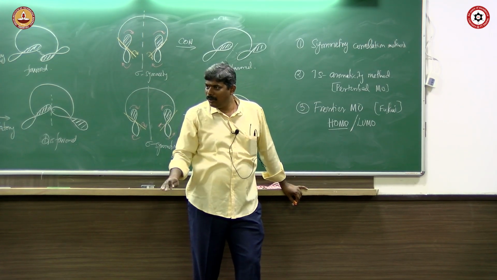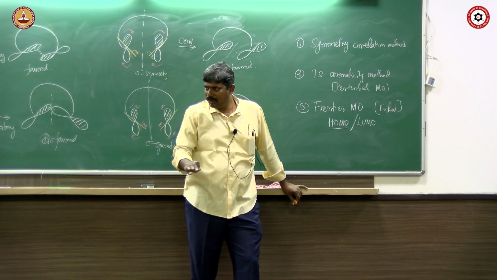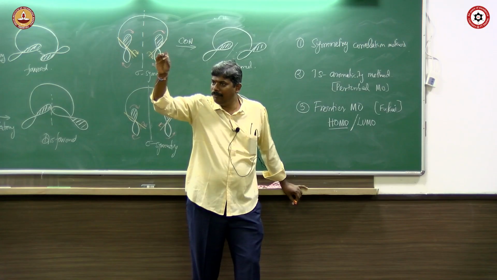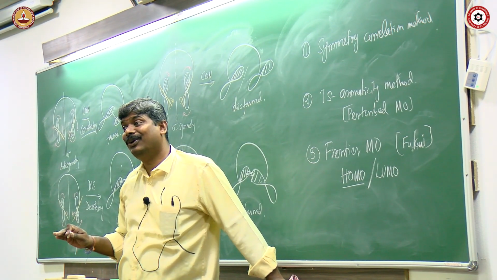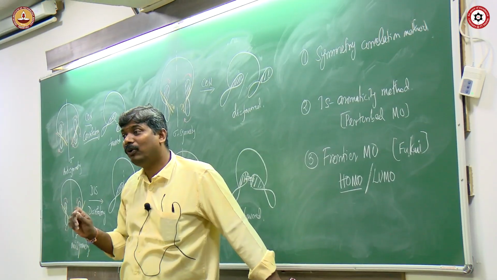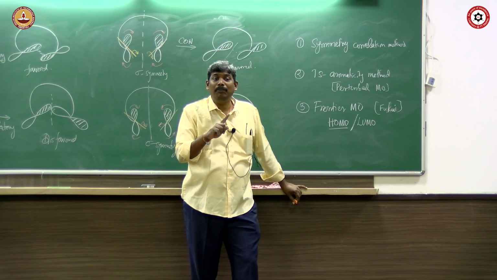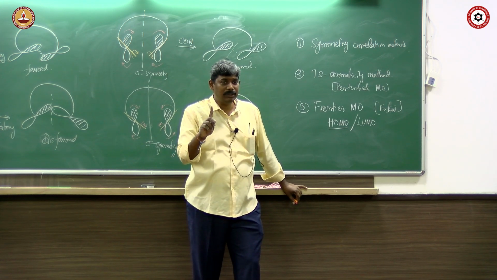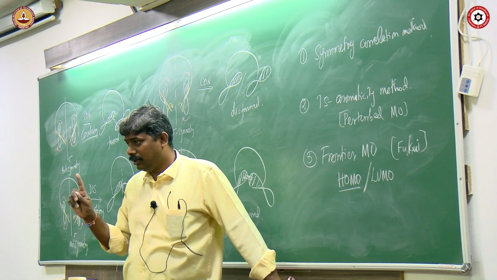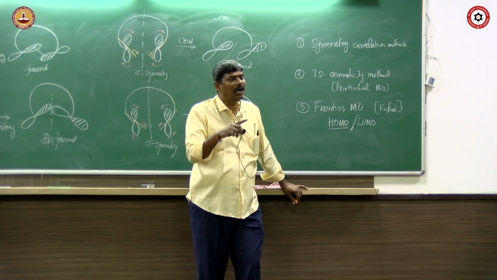Right? You go from psi 1 to psi n when you write it; the lowest is psi 1, and then it keeps going up. The one which is filled, it could be partially filled also, no need to worry about it. We only refer to a filled one. It doesn't say a completely filled situation. You need not have 2 electrons. Even with 1 electron, you still call it an occupied one. In today's scenario, they also call it a SOMO, a singly occupied molecular orbital.